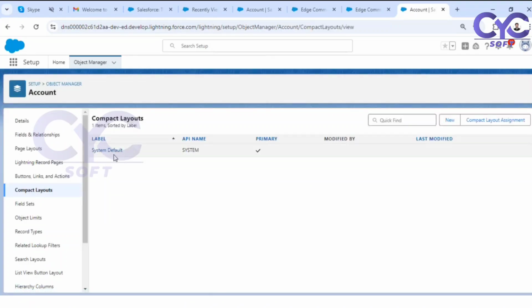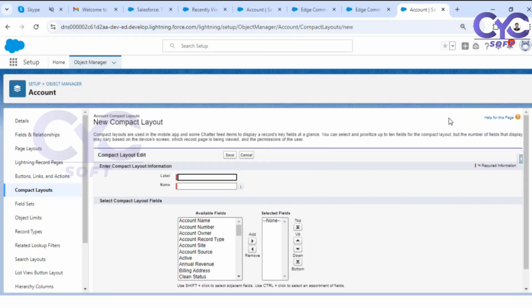See, this is the system default layout. Now click on new layout. Right, this is the new layout for the new customer. New compact layout. So I have created a new customer record type, a new customer page layout, and as well as a new customer compact layout. So in this particular layout, I want to be visible